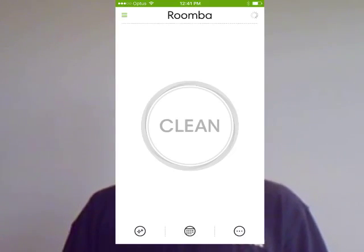Then the last feature I want to talk about with the iRobot 980 is it is app-based, so Wi-Fi app-based. You can control it from your phone. So if you have an Android or an iPhone, you can download the iRobot Home app. And what this allows you to do is control the robot. You don't have to use it, you can just press clean on top of the robot,